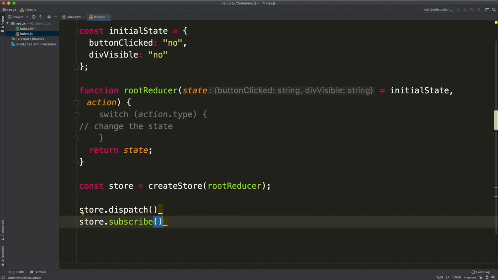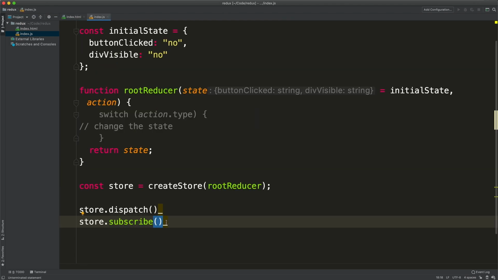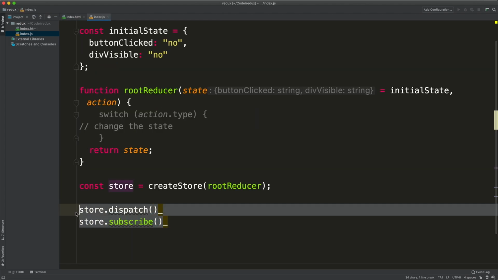Now, if you remember from the previous episode, whenever we want to change the state in a Redux application, we need to dispatch an action. You can think of the action as a message that is dispatched inside the application. Let's look again at our interface. It has a button. So we can say that when we click the button, we want to dispatch maybe a couple of actions. So let's select the button in the page,